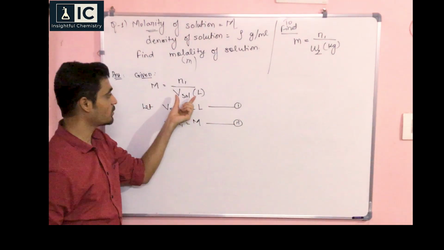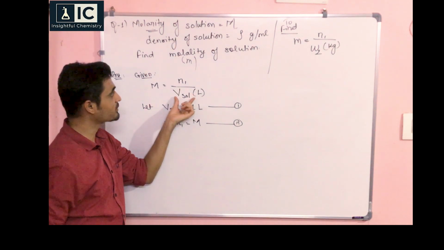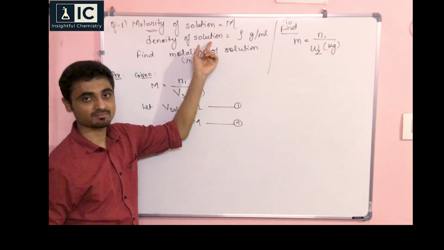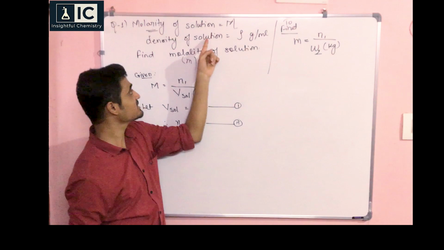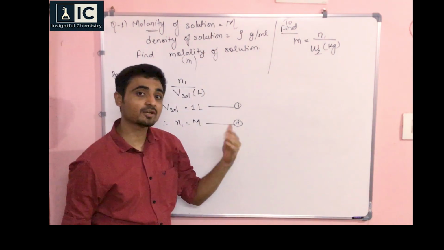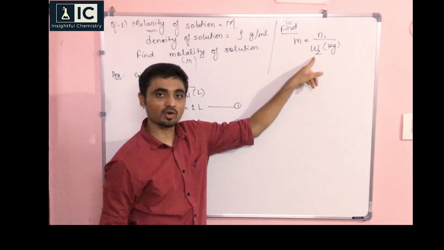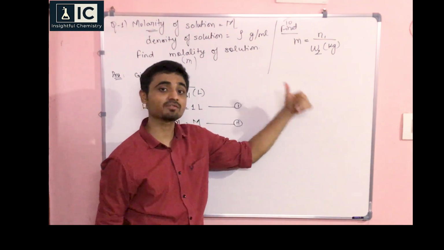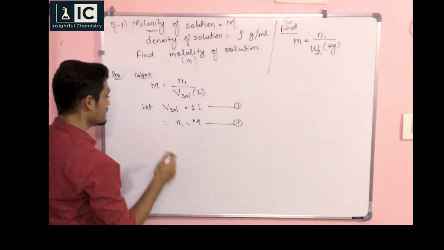What I have is volume, right? Now volume of solution, density of solution. If you just think using these two, what can I get? Weight of solution. And weight of solvent, how will I get? Using weight of solution. How? You see? So now what I'll do?